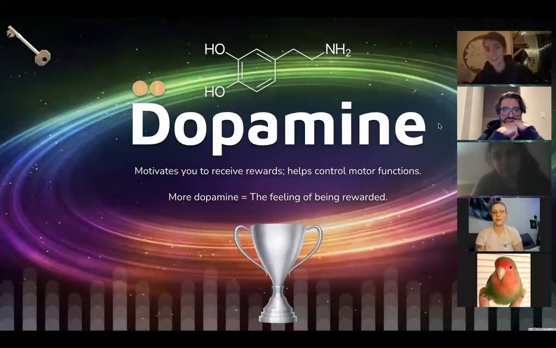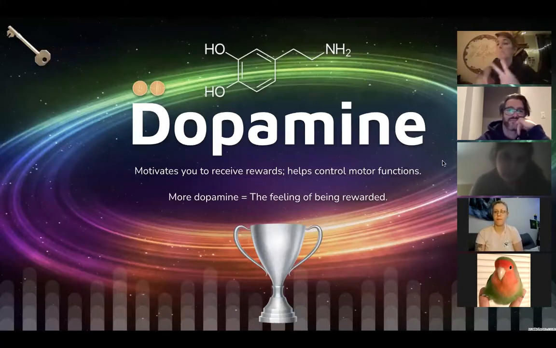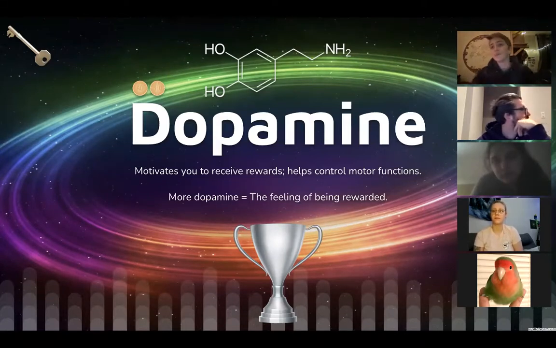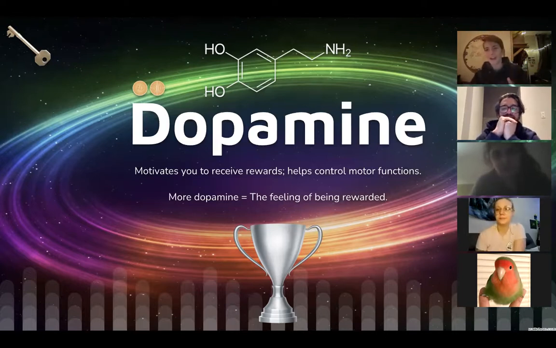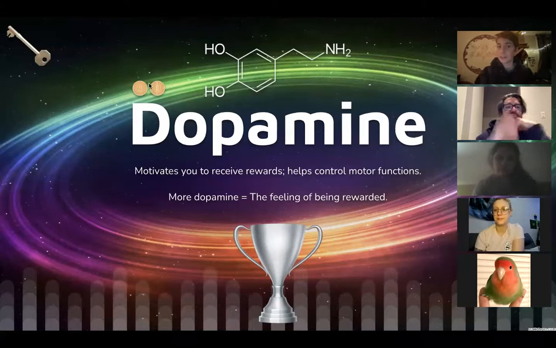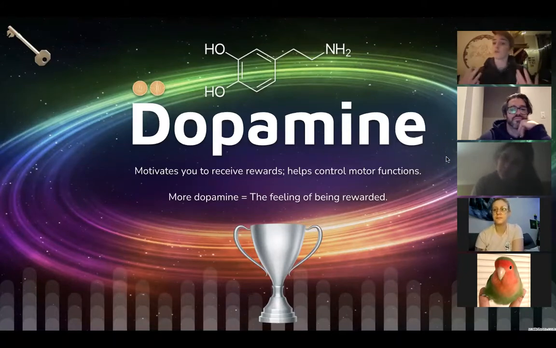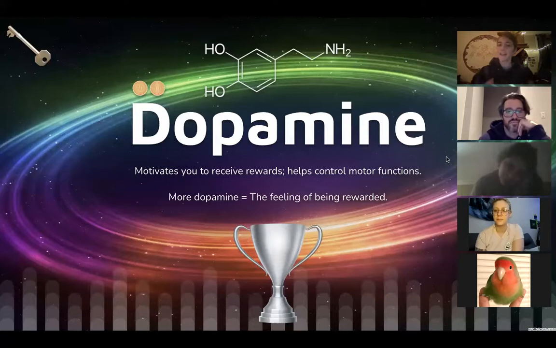Now let's get into the actual ones. Starting with dopamine. Remember, this key signal is for neurotransmitters. Dopamine is reward and motor control. The two big ones, reward and motor control. Dopamine makes you feel good about doing stuff that is biologically advantageous. And that gets really complicated because what that means to different people can vary greatly from day to day. So more dopamine means you feel more rewarded. For this reason, the class of substances that usually acts on dopamine is stimulants. Stimulants make you feel more rewarded for what it is that you're already doing. Now, this isn't hard and fast, but these are the neurotransmitters that will mostly act on a certain category.